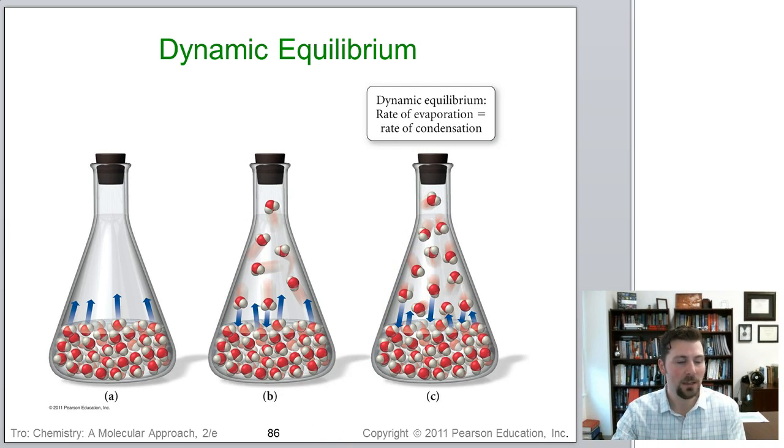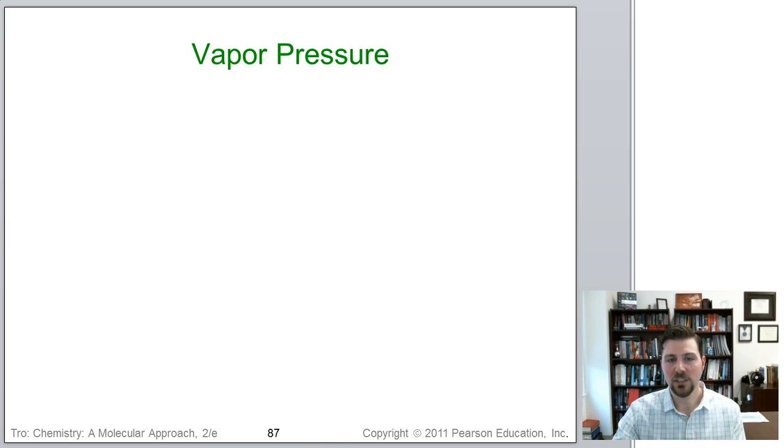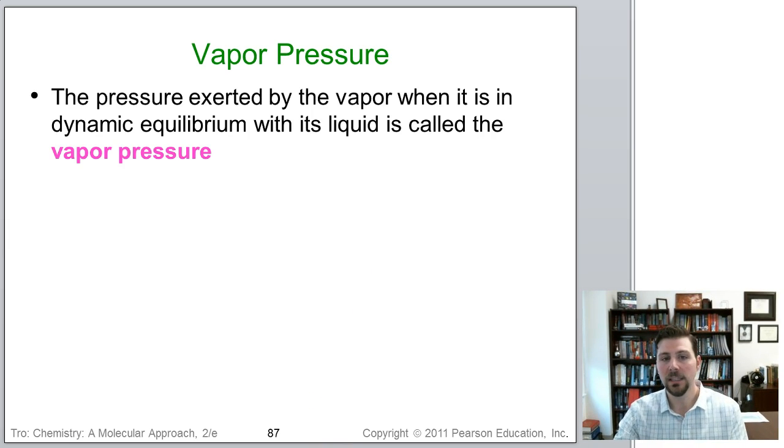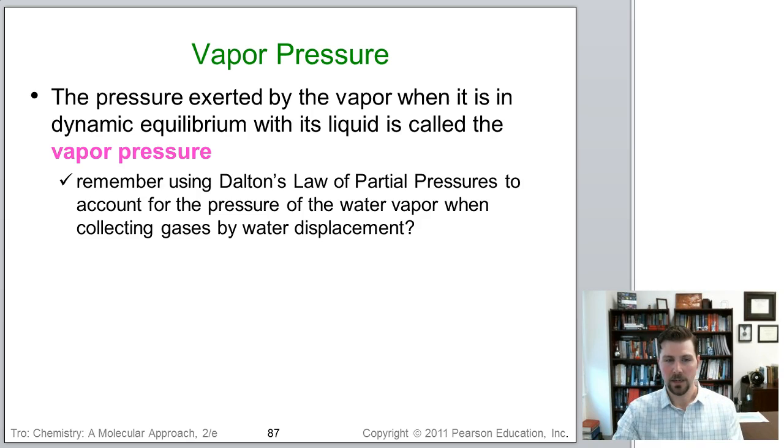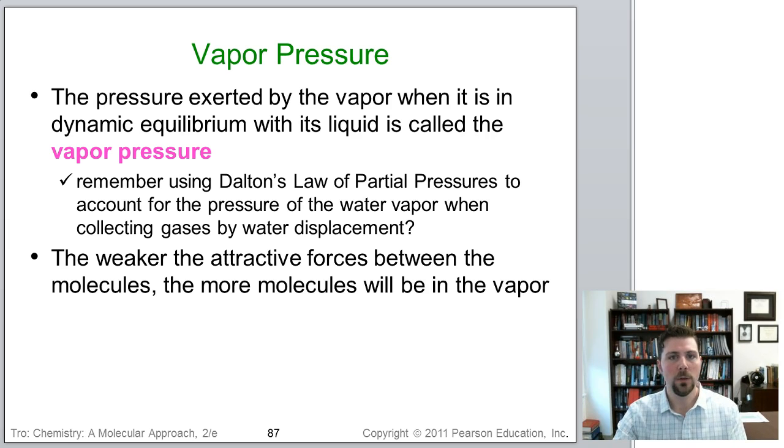That's the dynamic equilibrium, and that's what gives rise to the vapor pressure above the liquid. So this pressure above the liquid we talked about when we were discussing partial pressures in the gas chapter. You remember doing some problems about collecting gases over liquids. We had to subtract the vapor pressure from the water itself that was in there. Perhaps you remember that. This vapor pressure is created naturally on its own by this process of evaporation, and it